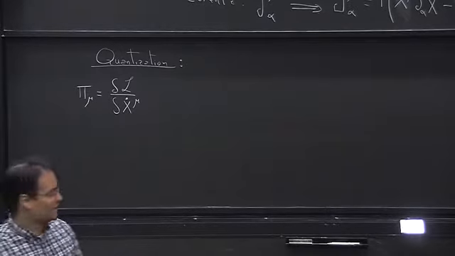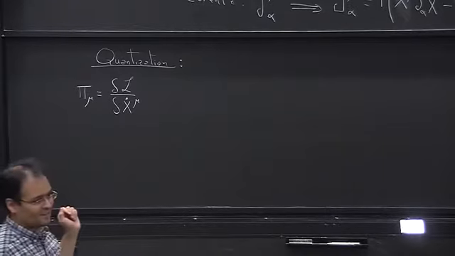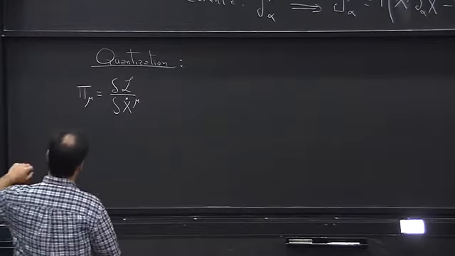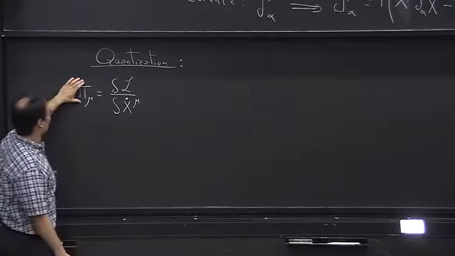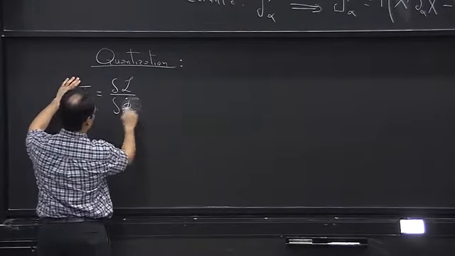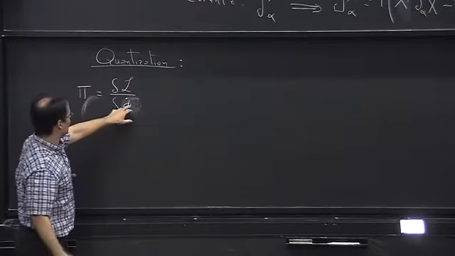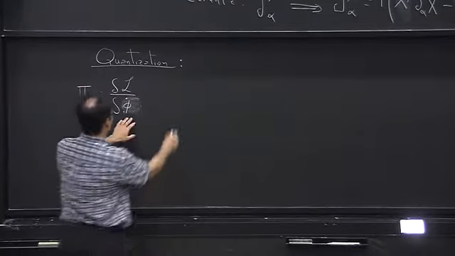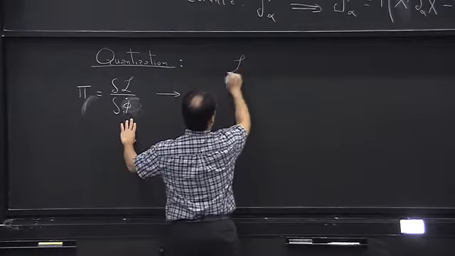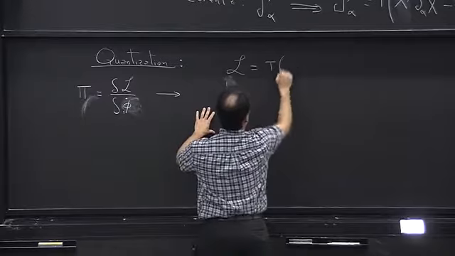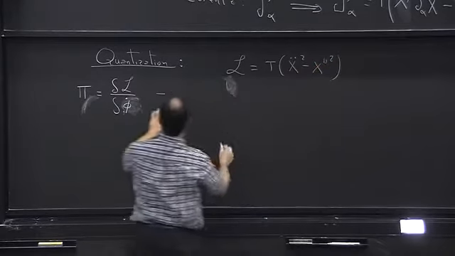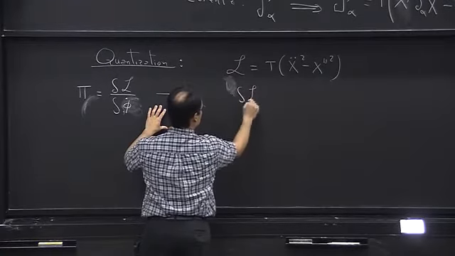It's very hard to resist calling this thing, again, P, instead of pi. This is what you see in quantum field theory: you have pi, your momentum, and then you have your field phi. But since this is our Lagrangian, it's very hard to resist the temptation of writing